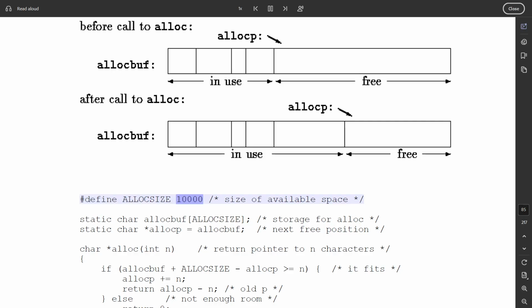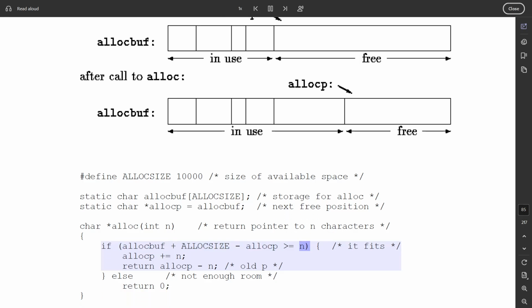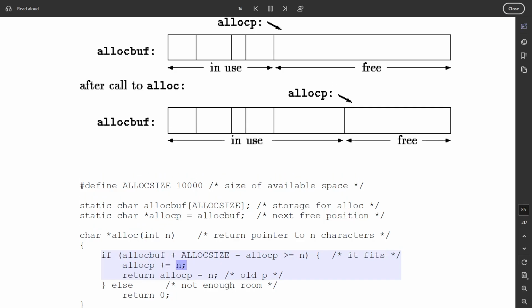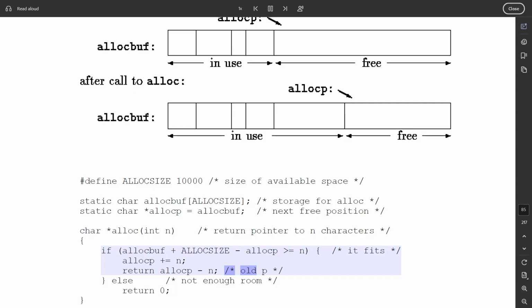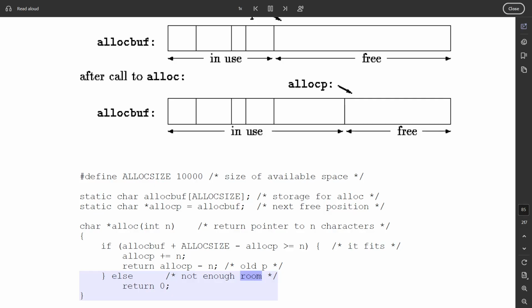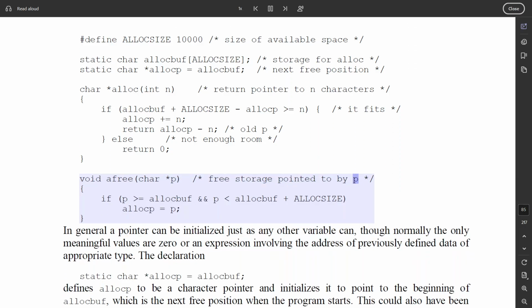#define ALLOCSIZE 10000 /* size of available space */ static char allocbuf[ALLOCSIZE]; /* storage for alloc */ static char *allocp = allocbuf; /* next free position */ char *alloc(int n) /* return pointer to n characters */ { if (allocbuf + ALLOCSIZE - allocp >= n) { /* it fits */ allocp += n; return allocp - n; /* old p */ } else /* not enough room */ return 0; } void afree(char *p) /* free storage pointed to by p */ { if (p >= allocbuf && p < allocbuf + ALLOCSIZE) allocp = p; }